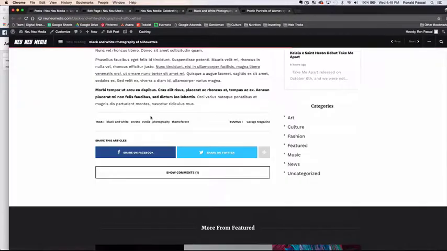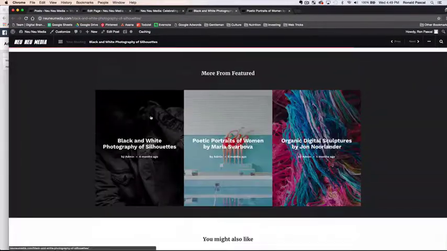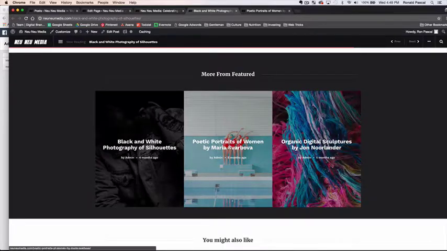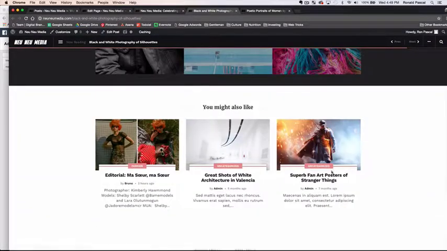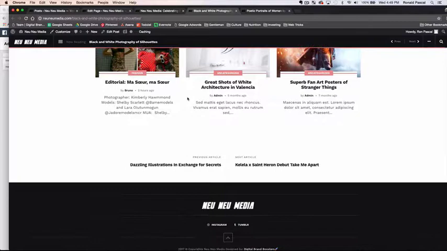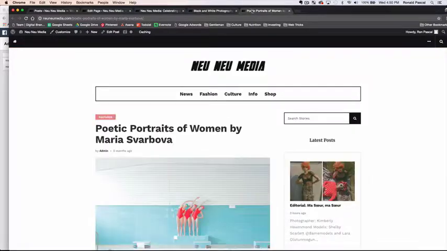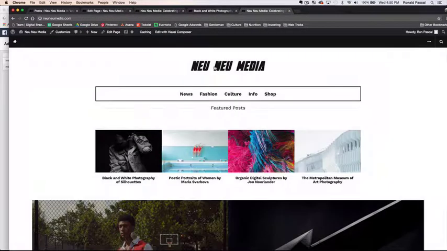Yeah, so that's pretty much it. And then you can see more from featured, right? So people can just scroll throughout time and stuff. But overall, that's really the simple way on how to edit your featured sliders or your featured posts, blog style